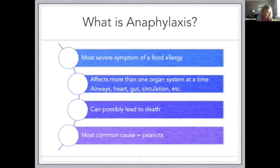Yeah, you can acquire it. You're never going to have it unless you're exposed to something. But an example of acquiring it is a baker. A baker may work in a bakery for 10 years, no problem with eggs. But at some point, that overexposure to eggs, because they use egg whites to paint on the top of the bakery goods and make them shiny, and you cook with it, after a while they can develop a severe egg allergy because of time. But usually it's these first couple of